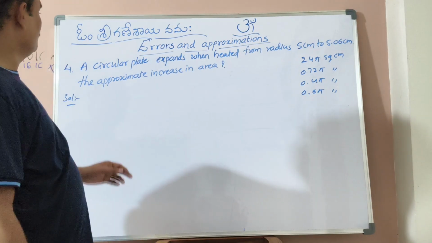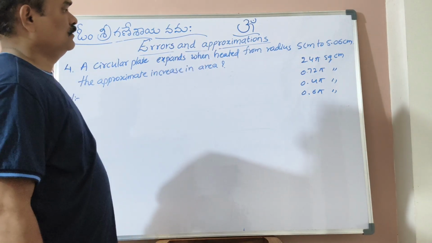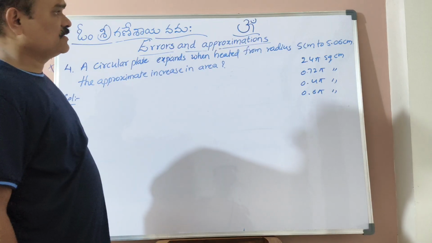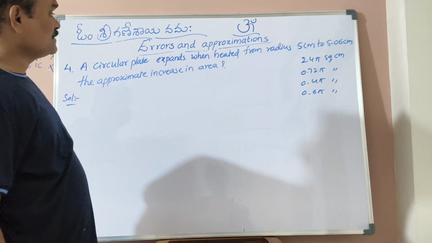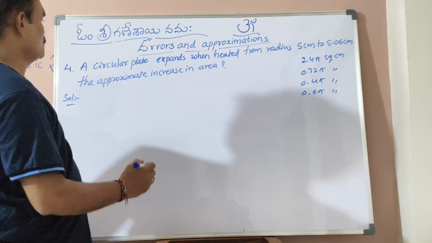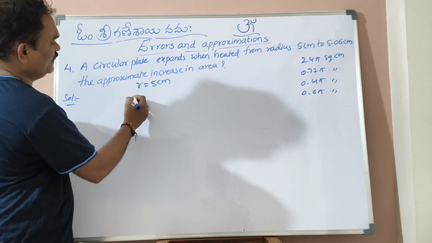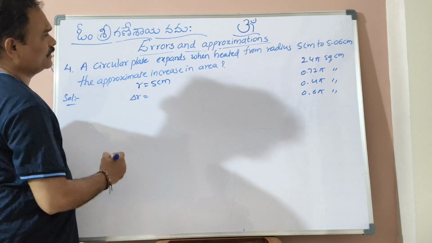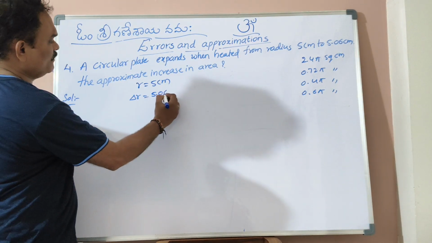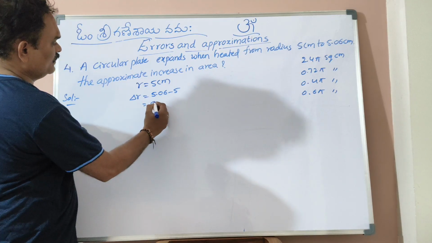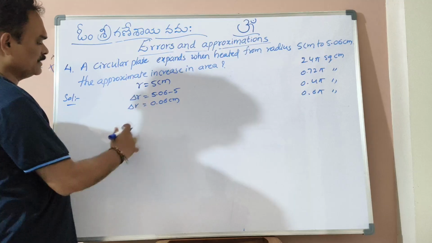Coming to another problem, a circular plate expands when heated from radius 5 cm to 5.06 cm. Then the approximate increase in its area. So here initially the radius is 5 cm. After heating, the radius increases to 5.06. So the change in the radius is nothing but 5.06 minus 5, that equals 0.06 cm. This is the increase in the radius